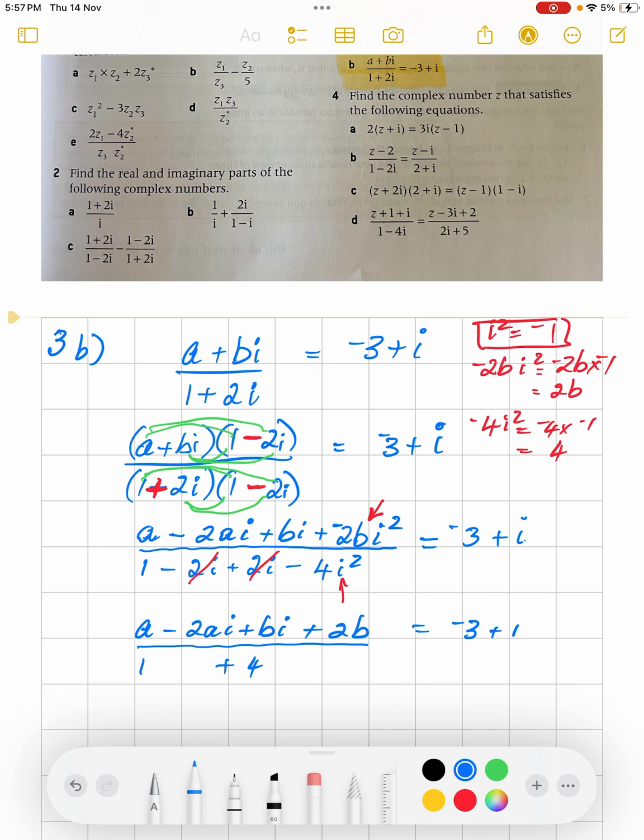All right, we're almost there. Now, let's put it all over 5. I'm going to take this 1 plus 4 and just make that 5, to make it easier right now. And just to get rid of fractions, if I take this 5 up to the other side, then we don't have fractions. So if I take that, divide 5 across to be times 5, we would have,